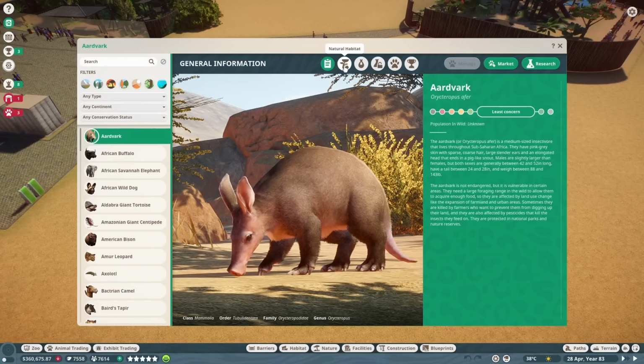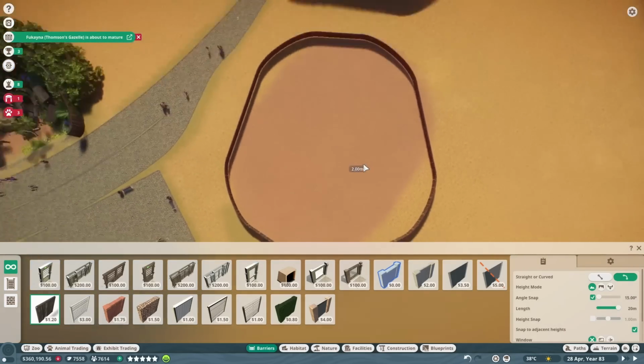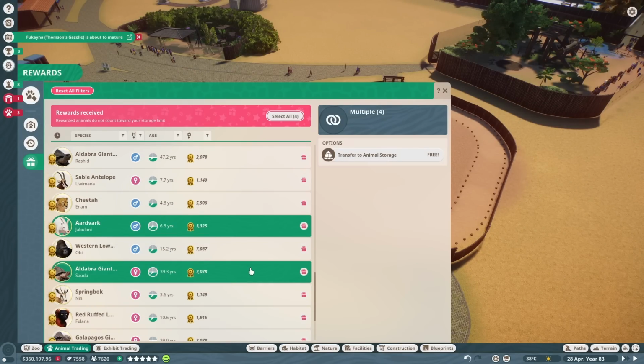And then I was on to making the next habitat, which is going to be for both aardvarks and the Aldabra giant tortoise. I played around with the barrier quite a bit before getting whatever this shape is and deciding that it was good enough. I collected an albino aardvark and some tortoises I had sitting in my rewards tab, after which I had them